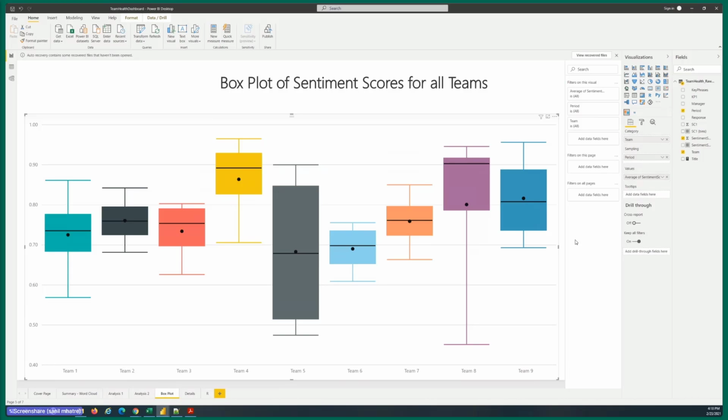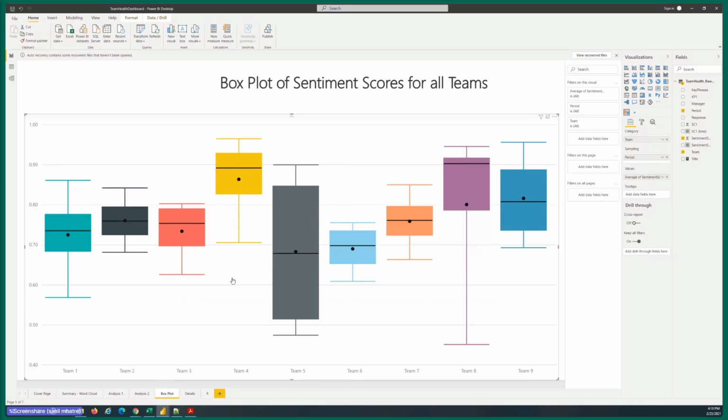But this is how I explain the box and whisker chart to my manager or to executives. So I typically tell them to take a look at the size of the box, how tall or how short is the box, and then take a look at where the box sits along the y-axis.